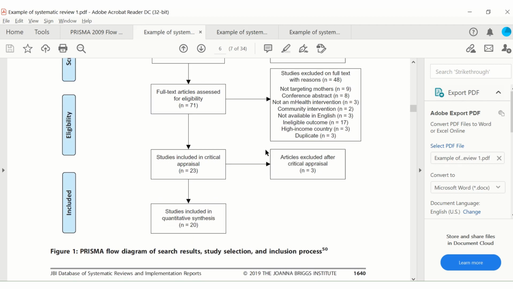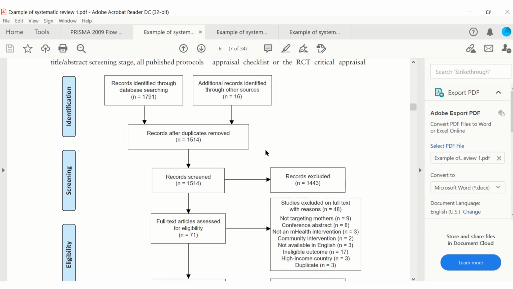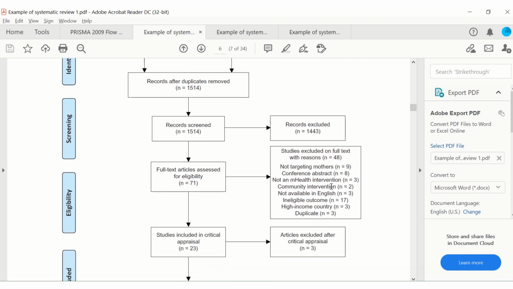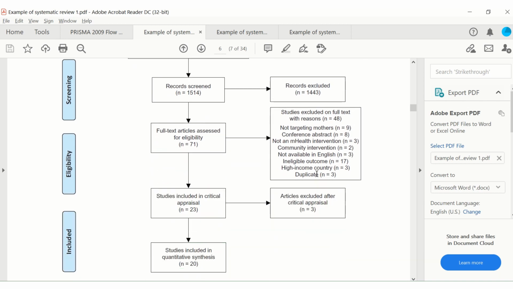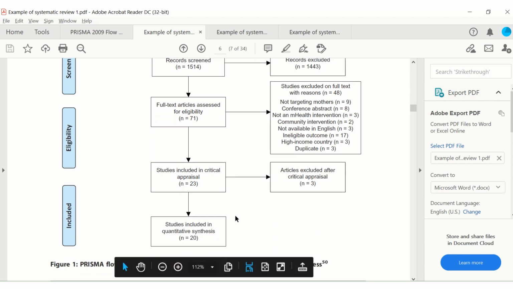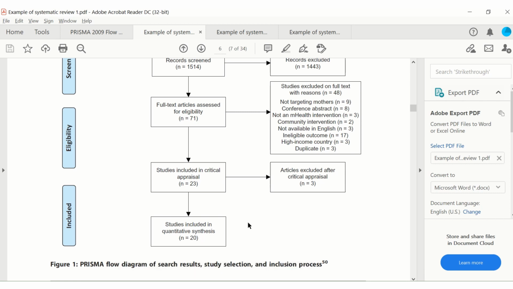Let's have a look at another example. It's fairly straightforward, again with your reasons. And then articles excluded after critical appraisal. So there's a bit of a different wording used here. And here we have studies included in the quantitative synthesis. So here I would assume that this is the meta-analysis, but just be very explicit in which wording you use. Now there's a myriad of other examples that you can go through, learn from them, and then just apply it